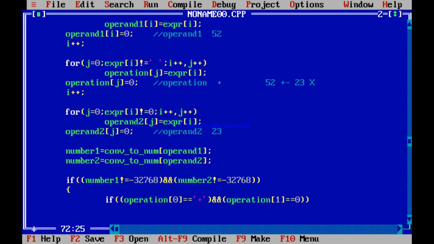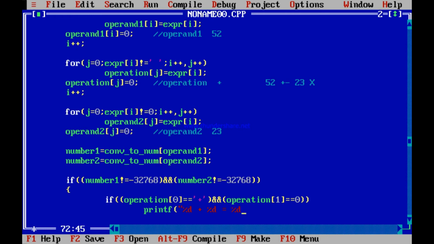What do you do? You say number 1 plus number 2 is the output. Printf. What do you print? You print that number 1 plus number 2, everything you print. Is not it so? You print %d, because number 1 is there in your hand. Number %d plus %d, number 1 and number 2 is equal to